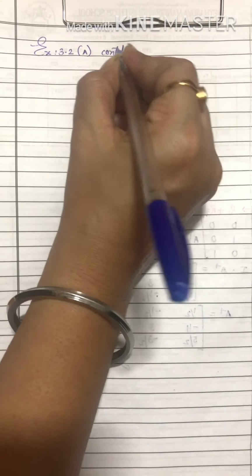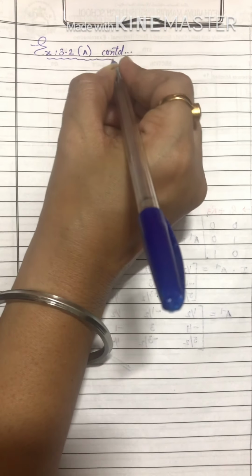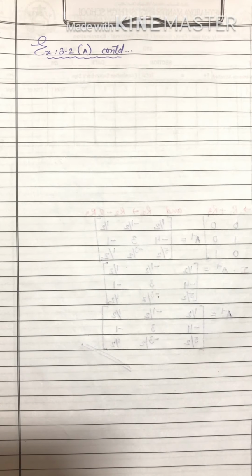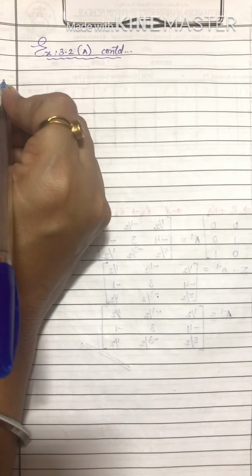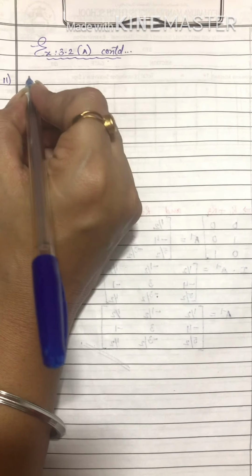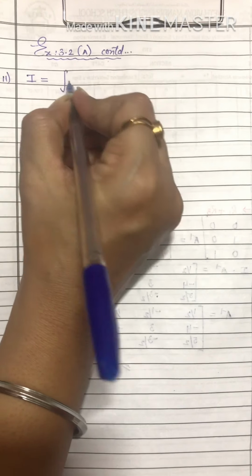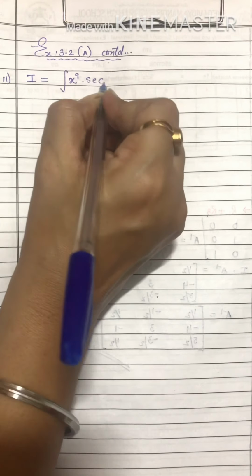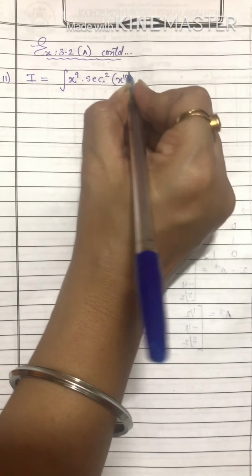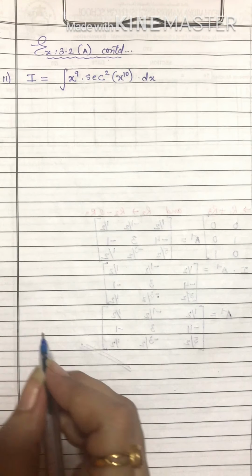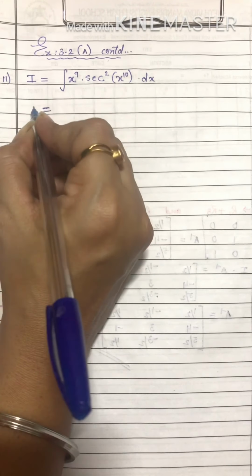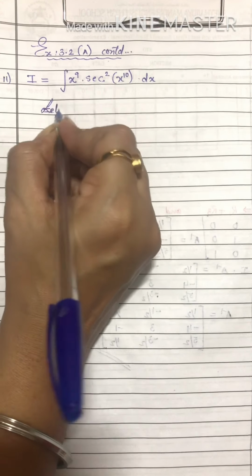We are continuing the sums from this. They're pretty lengthy exercises. We have 3 parts in it, A, B, C. We have already started with 3.a in our previous video. I'm continuing with that. There is a question in question number 1, the 11th one. We have I is equal to integration x raised to 9 sec square x raised to 10 dx. We are on integration by substitution. We are learning the integration by substitution method. Two corollaries, the main corollaries, are what we are actually using in this exercise.